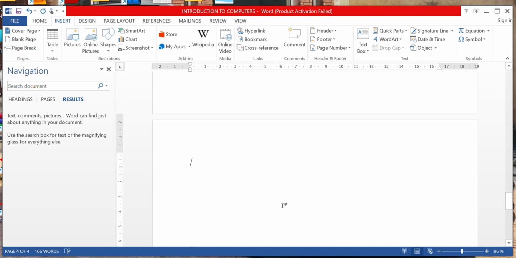We can also insert a blank page. We have now another blank page. You can also have a page break. Page break, you realize there is the difference between the top and the bottom page. You can go to the next item